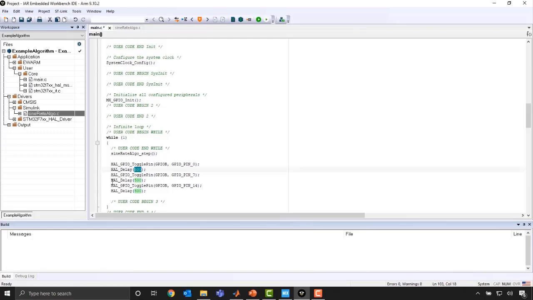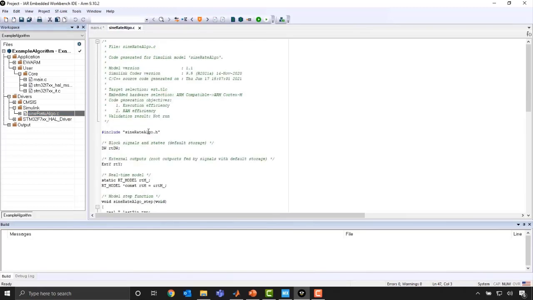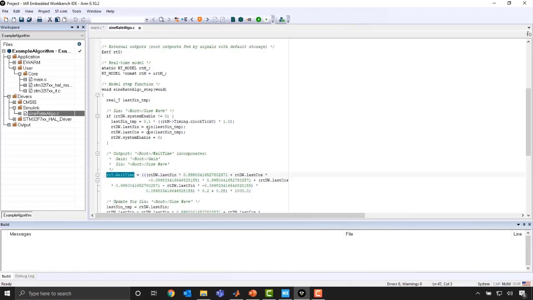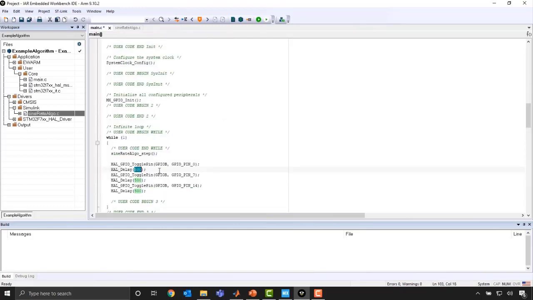If we go into the code that we generated, we can take a look, and basically the output port here was called wait time. That was just the naming scheme that we used in our Simulink model. So the output port, whatever you've named it, that's going to be added into the code. This structure here, rtY, is basically all of the outputs of the algorithm. In this case, we only have one, so it's rtY.waitTime. This is going to be the numerical value that's the output of the sinusoid wave function. So we can copy that, and instead of hard coding the 500 in, we can use that rtY wait time. Okay.